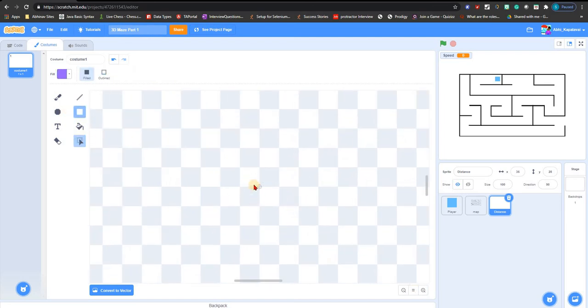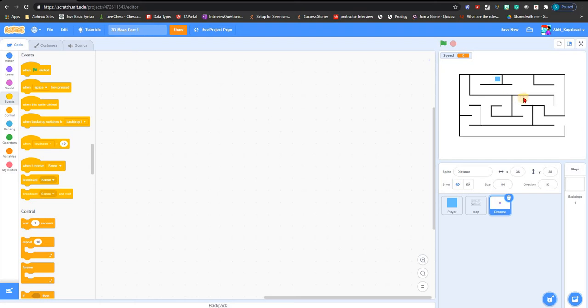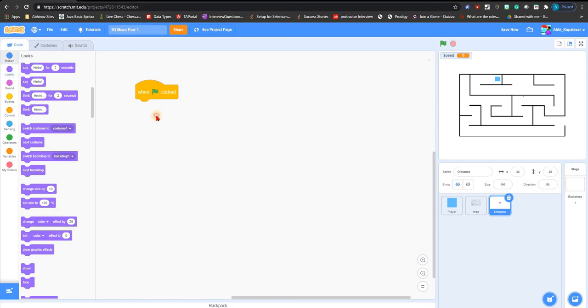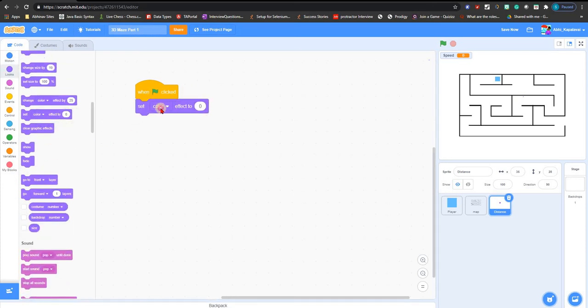Oops. Yeah. You can barely see it. It's way over there. You won't be able to see it anyways. So, yeah. Because when flag clicked we're setting ghost effect to 100, just if they can see it, set ghost effect to 100. We don't need that. Okay. Now we want to make a block called